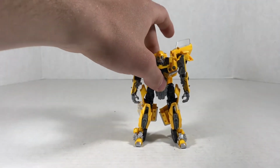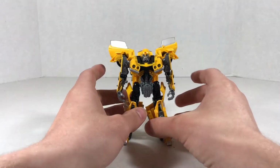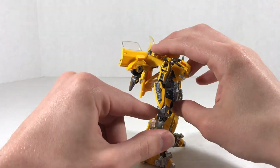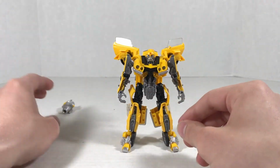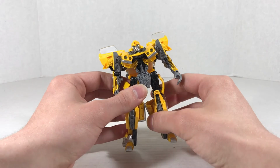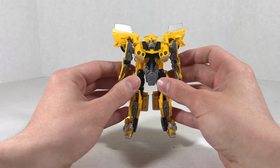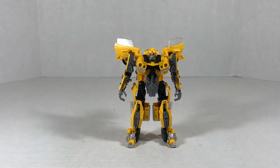But yeah, overall, I like this toy in concept a whole lot. And there's a lot of things about this toy that I do like, though there are a number of things I do not like, namely with how my roof is weird, how the dark gray and the silver are weird with the weapon and that kind of thing. The leg transformation just gets in the way of robot mode posing a little bit. Just a couple minor things, but then the big thing is he is small, and I completely understand and support scale accurate. However, they should have given him something a bit more than just the arm cannon and the backdrop,